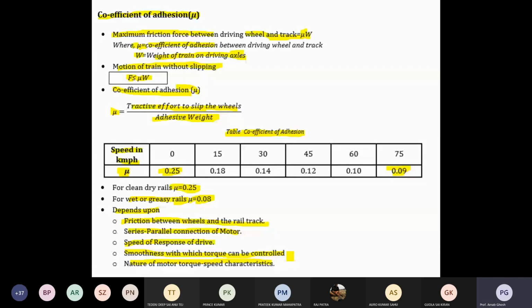In the case of a DC series motor, if you see the characteristic, if there is more static friction, no problem. Basically, at zero speed it can overcome more torque. That's the benefit of the DC series motor. But the same kind of benefit you cannot see in an induction motor. For this reason, you have to design some special arrangement for adhesion with the induction motor, so that machine design arrangement can overcome such characteristics for the traction motor.